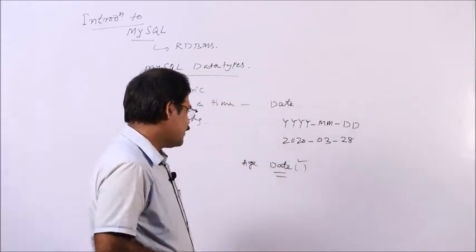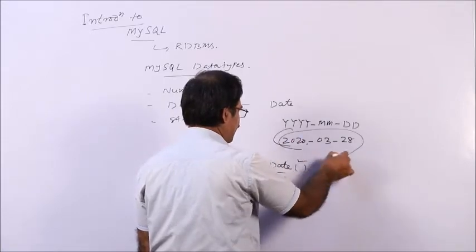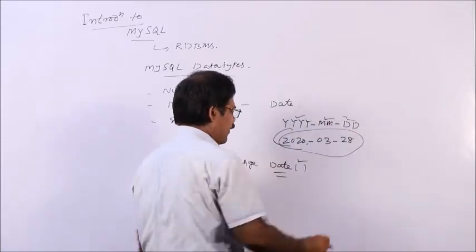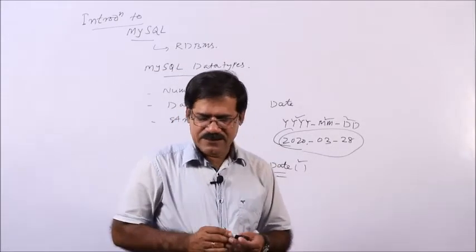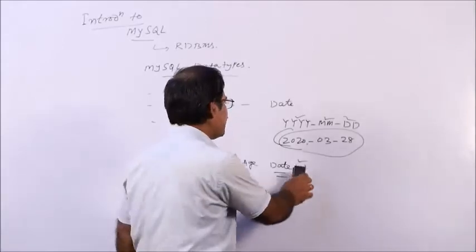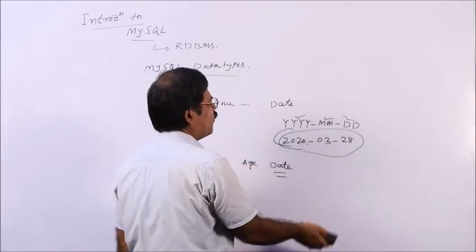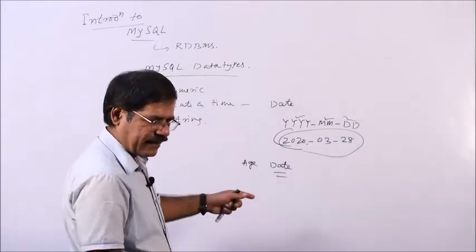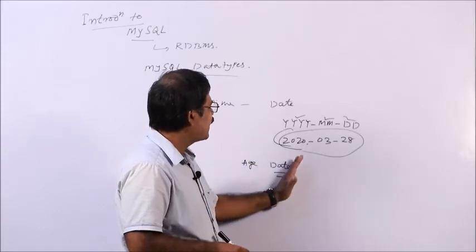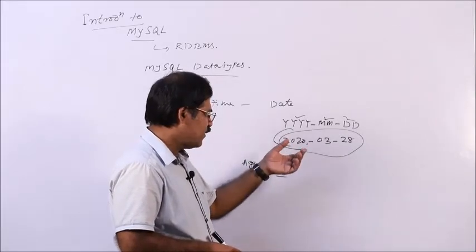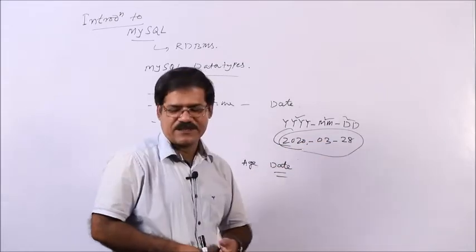Okay. So, which type is it? It is a date type. When you enter the values, we provide these formats: year, month, and date. Age is a date type. Date type means you can provide the values in this format when you insert them. When you declare the variables, you declare this format. Age is of which type? Date type. When you insert the values, you insert in this format: year, then month, then date.